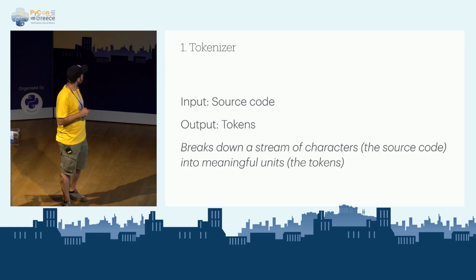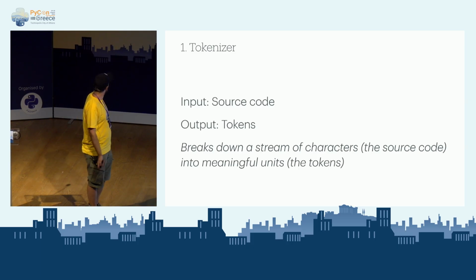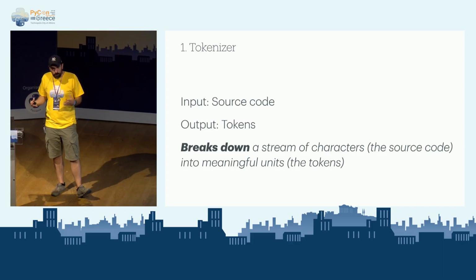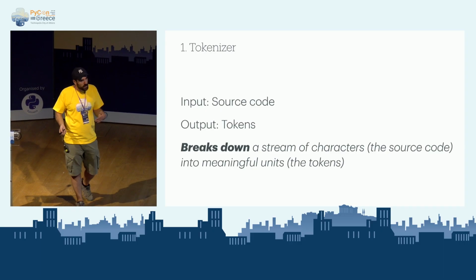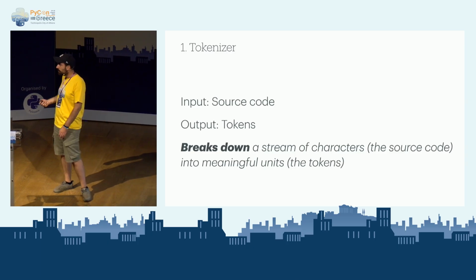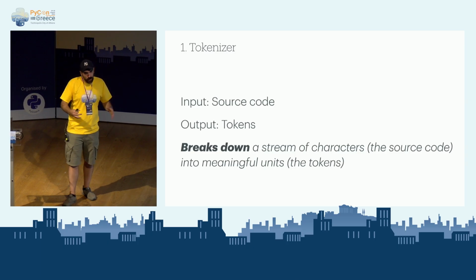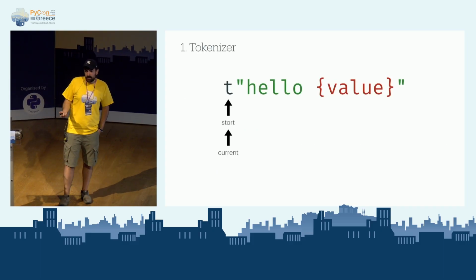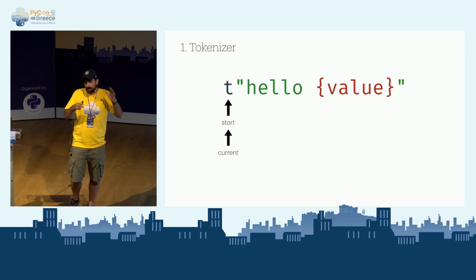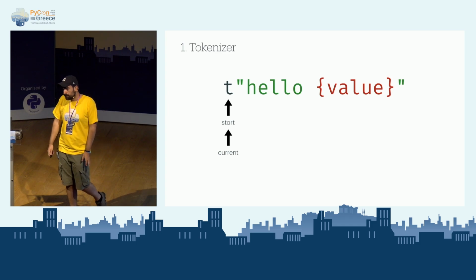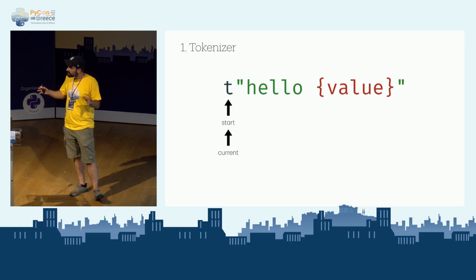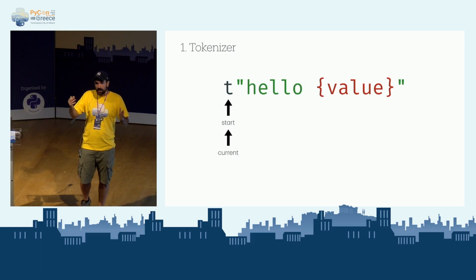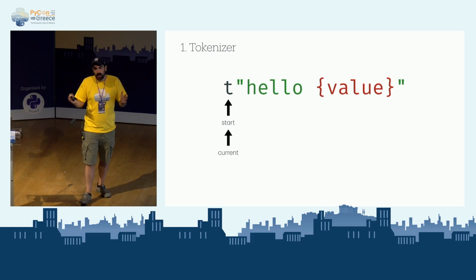What the tokenizer does is break down the characters, the source code, into meaningful parts. So stuff like white space gets ignored, stuff like comments get ignored. It's just the stuff the compiler actually needs in a format that the compiler can understand easily. How does a tokenizer work? It's a very, very complicated piece, the CPython tokenizer, but in essence, all it does is keep track of where it is, and then read the new character and try to append that to a token.